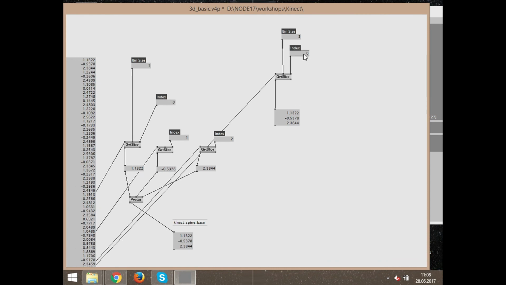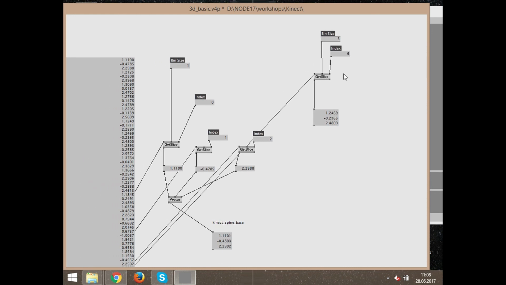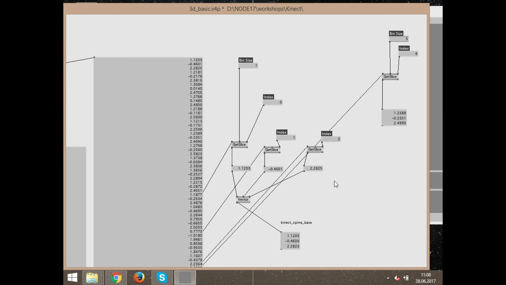So let's see if it's working. We will jump to index number 6, because we are jumping in increments of 3. We are always jumping in sets of 3. So if we say index number 6, we go like index number 0, 1, 2, 3, 4, 5, and 3. So we jump 15 values to value number 16, 17, and 18. And this will be our set of the left hand, left wrist, and